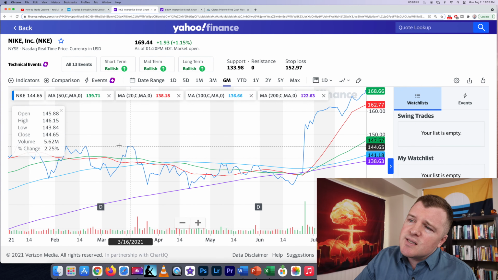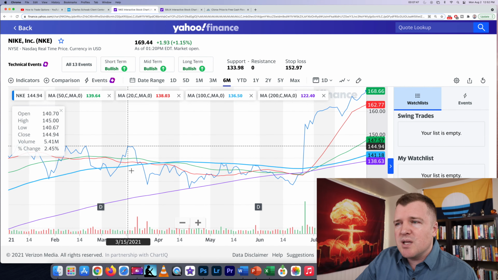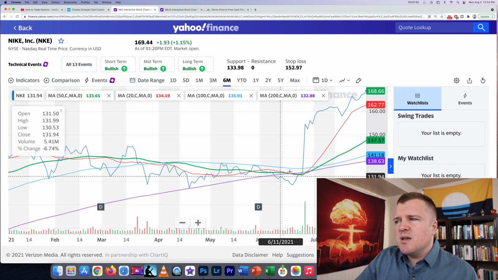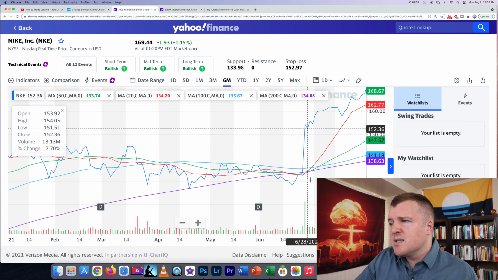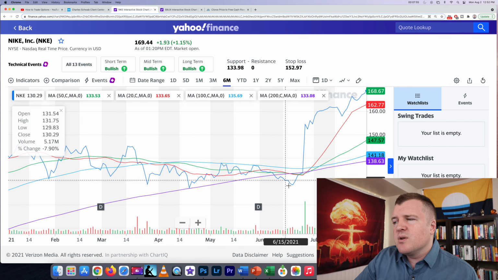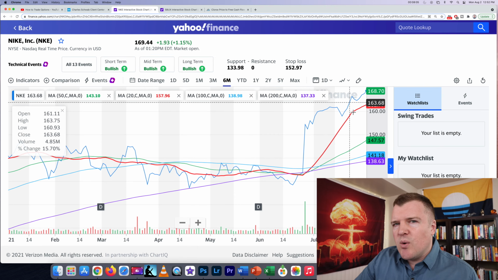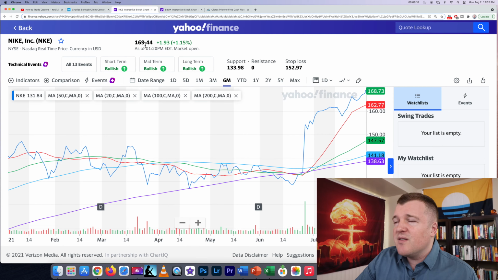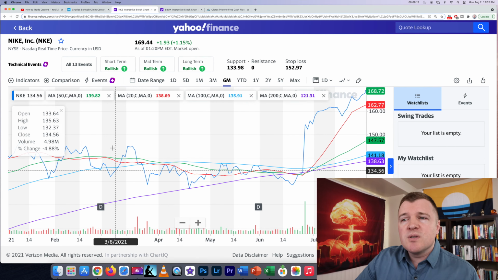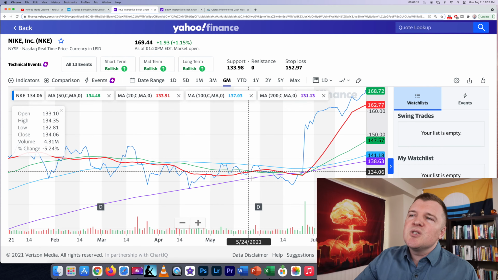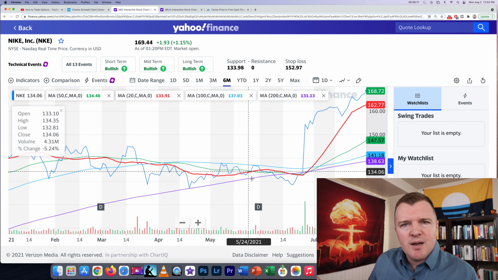Nike. So this is the 6-month chart for Nike, and I actually really like how well consolidated the 4 moving averages were. And once the share price got below the 200-day moving average, and there was an earnings report, Nike shot up, and it's in a breakout. So where is this stock going realistically? I think it's going to at least hit a nice round number of 175, 180, or even 200 before it starts channeling sideways again. So I think a bull call spread on Nike would be a good option strategy in